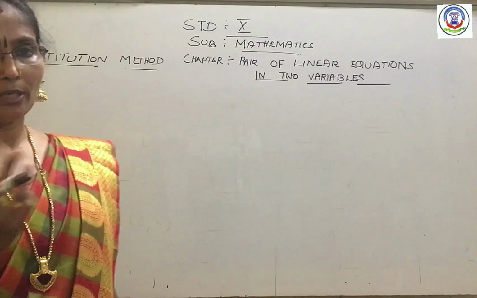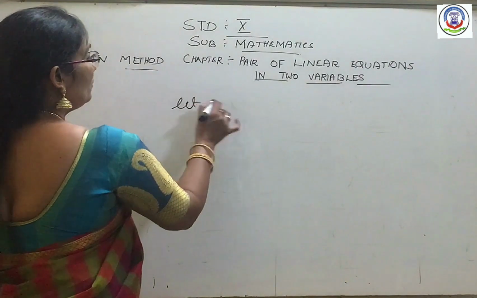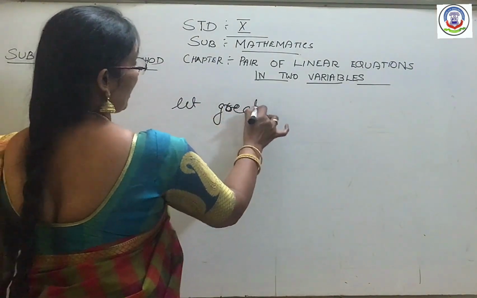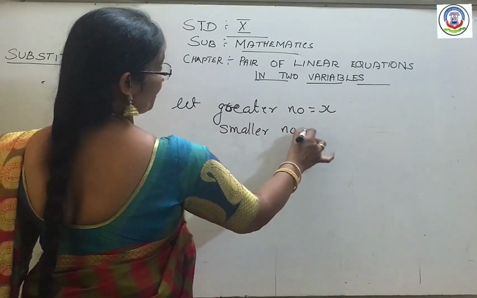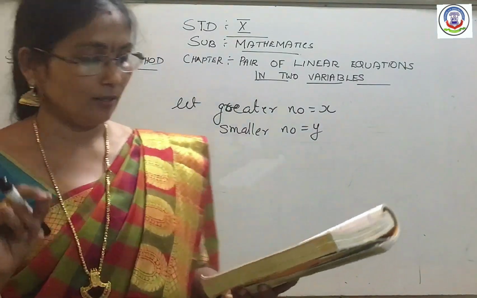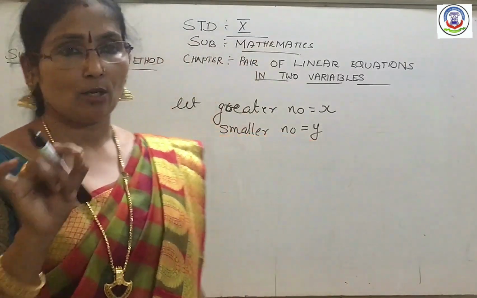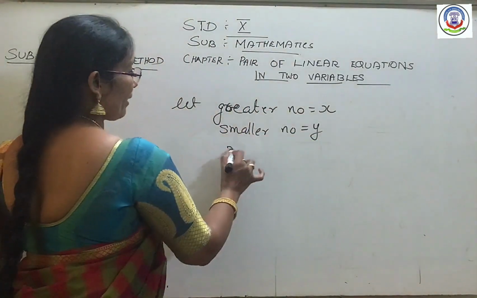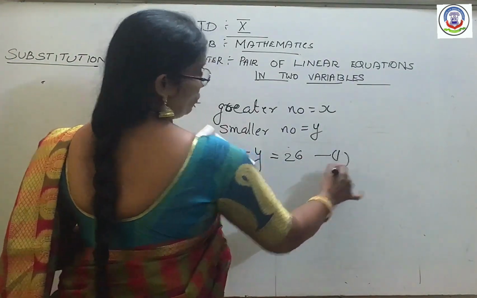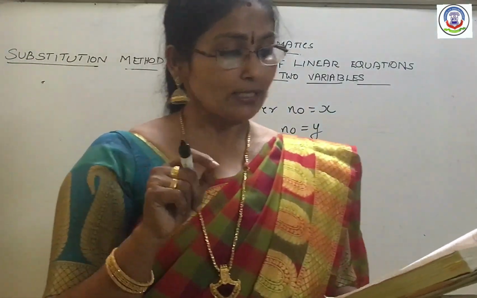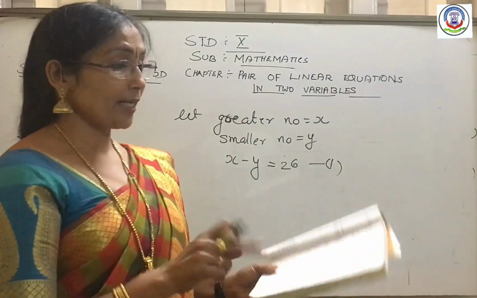So you can take it that two numbers as two variables, which are x and y. Obviously here two numbers are there, so you can say that the greater number is x and smaller number is y. Now read the question thoroughly. First statement, it was given that difference between two numbers is 26. What does it mean by greater number and smaller number? Difference is that x - y = 26. That is the first equation now. Now, for the second equation, the second clue is given that one number is 3 times the other.